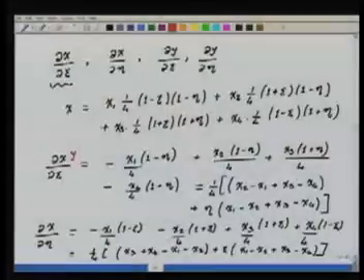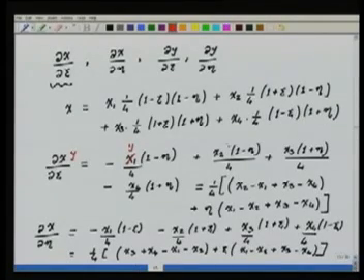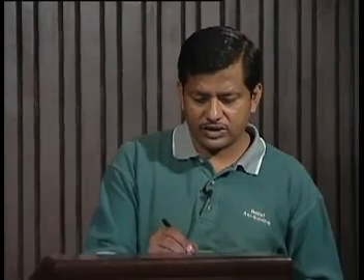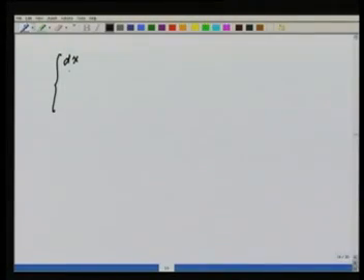Similarly, I can get the quantities corresponding to y by replacing x by y, and x1, x2 and so on by y1, y2 and so on. So del x del ξ, del x del η, del y del ξ, del y del η can now be obtained. Once I have obtained these quantities, why do I need them? I want to use them to get the matrix of the transformation, that is, I would like to write dx dy